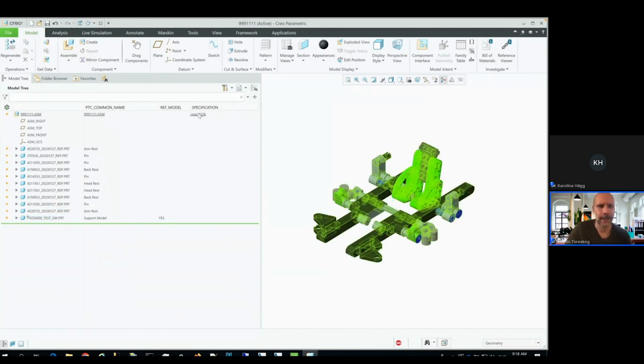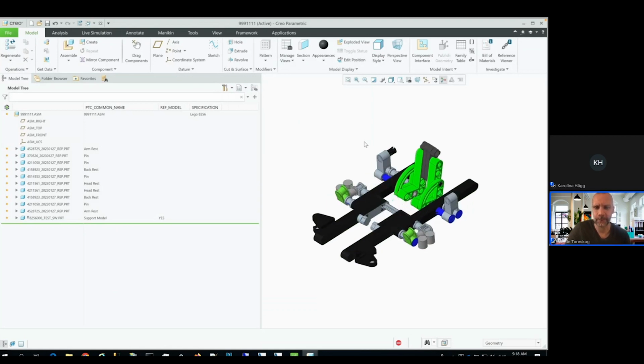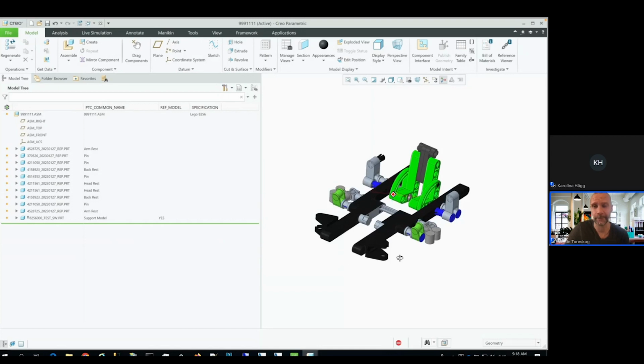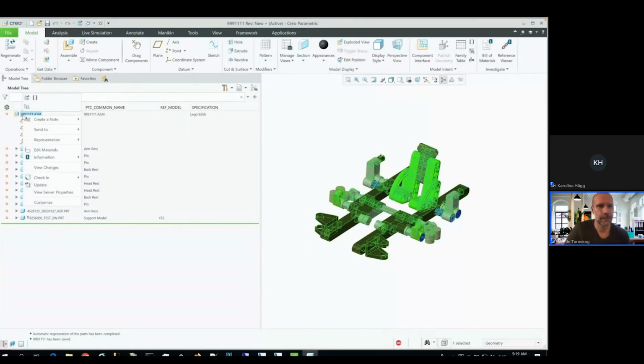I also added another parameter here called specification. So any CAD parameters or CAD attributes can be pushed to the parts, the items, and you will see that shortly. So what I will do is simply save this to Windchill,